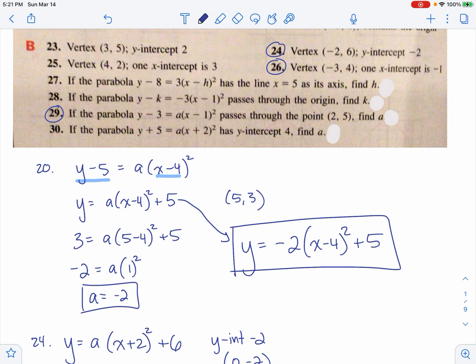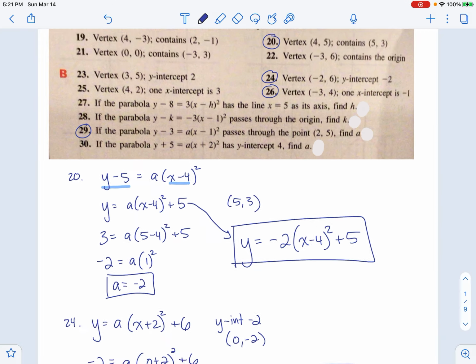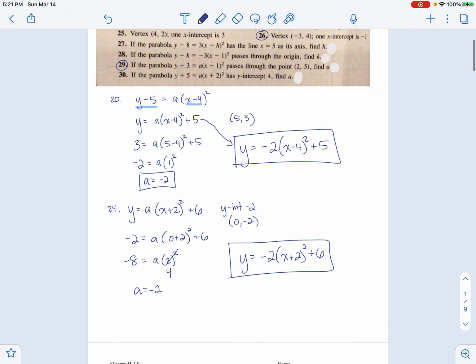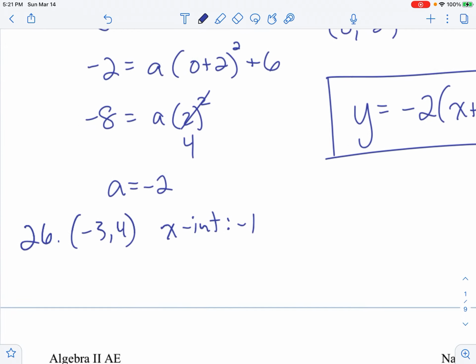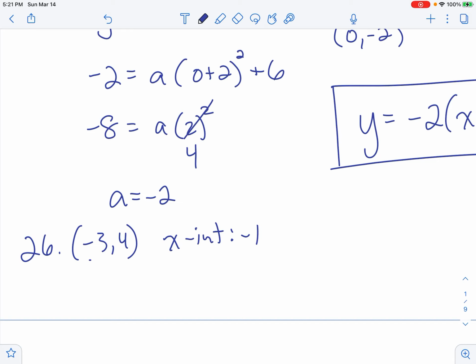26 is very similar, but I wanted to mention something else about number 26 because I'm not going to force you to do these one way or the other. For question 26, I'm running out of room here. I know the vertex is -3, 4, and I know my x-intercept is -1. What I wanted to mention for this question is that because this is your vertex, you actually do know both